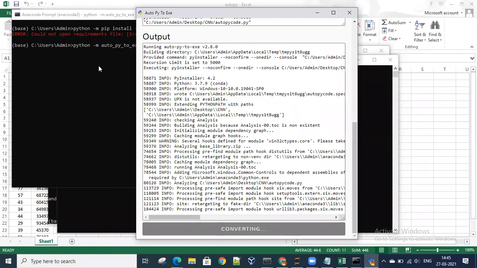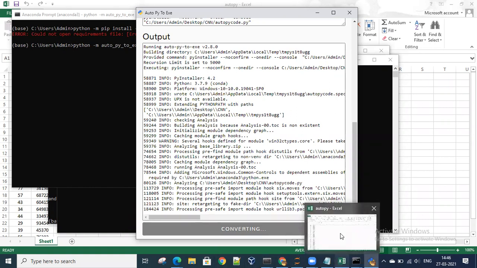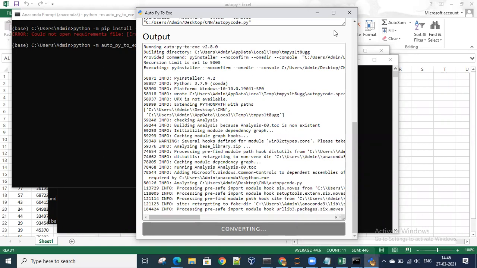You guys with me? Yes, sir. So can you show the AutoPy data set? Which data set? AutoPy data set that you used in this example. So the link. The link of what? I didn't get you. I have just made random data. Okay, sir. I have not used a data set. It's just random numbers which I've generated. Okay, sir.